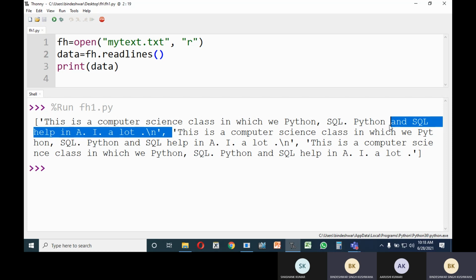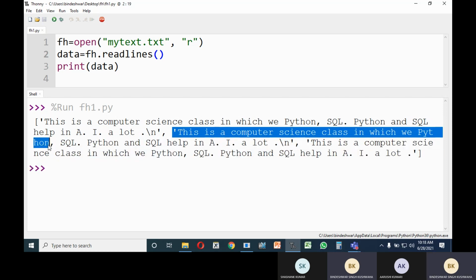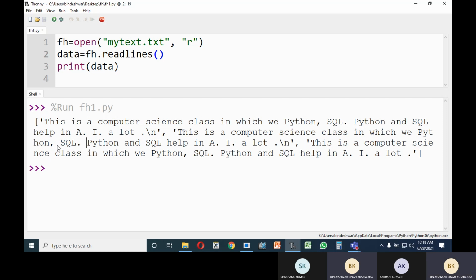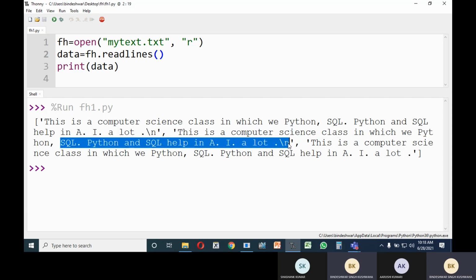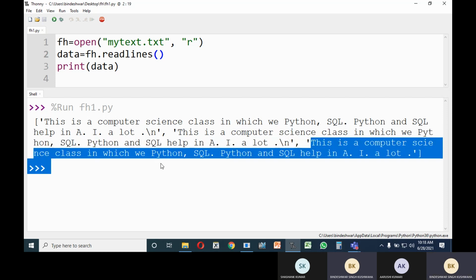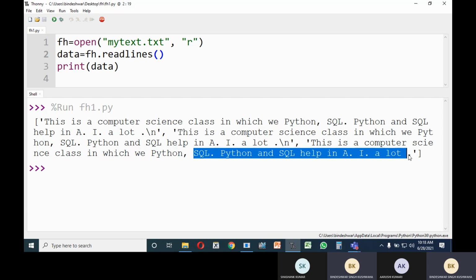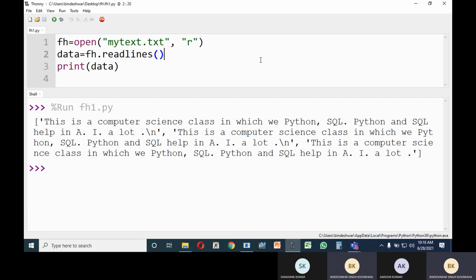The third one is this list element. The fourth one is this list element, and this one is the fifth one and sixth one. See that readlines will read data in the form of a list.